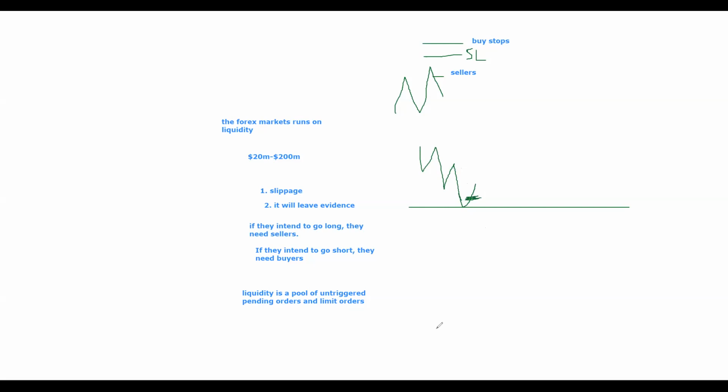Wait, let me use a more practical example that we normally see in the market. Price comes like this, does something like this, comes down here and starts to go up. People are going to be buying here. That's made a new high. Then there are people saying that if it breaks this level, they are going to go short. Those that bought here, their stop loss is down here.